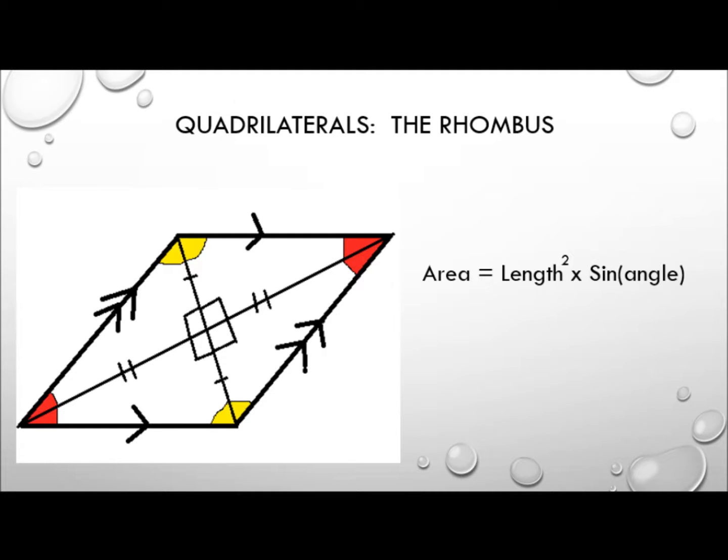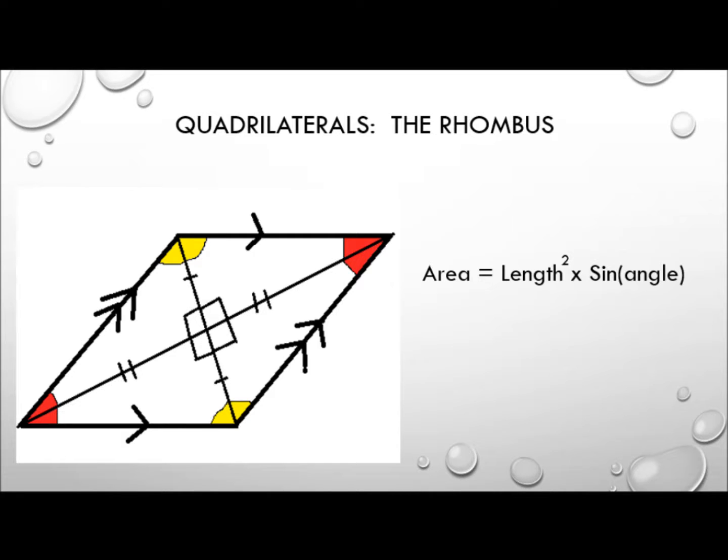In the previous video we showed that the area of a rhombus is the length squared multiplied by the sine of any of the angles. And just to explain why that is, the opposite angles are the same, and therefore it doesn't matter which of the two you pick, and the